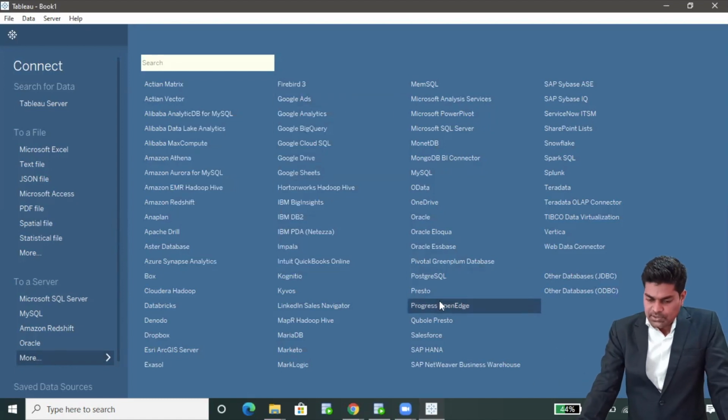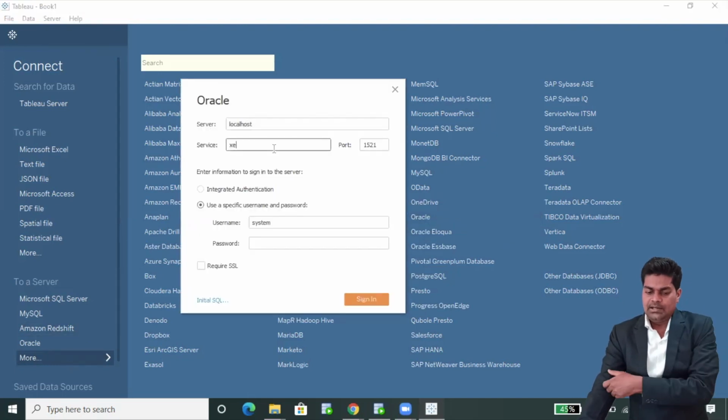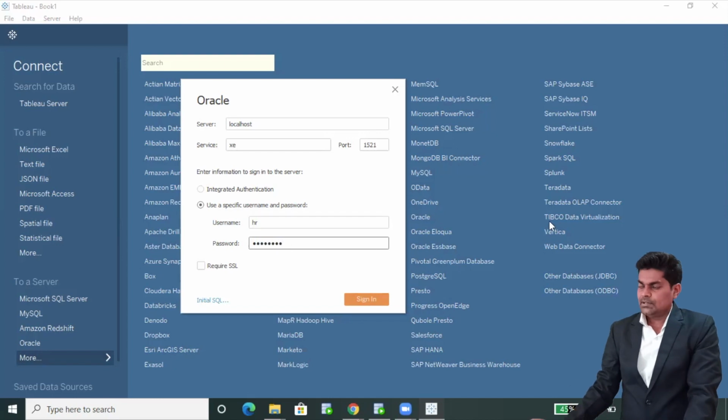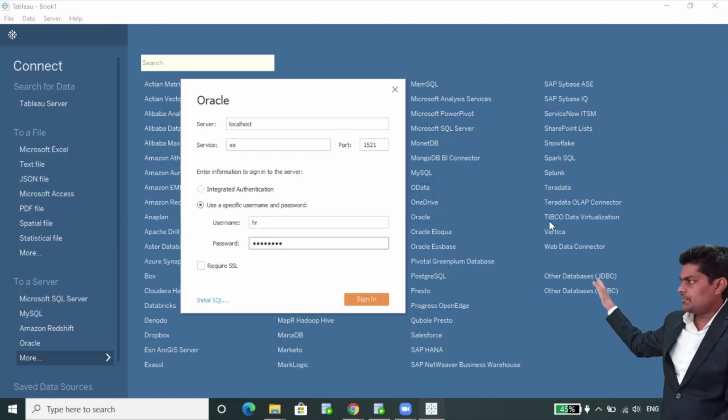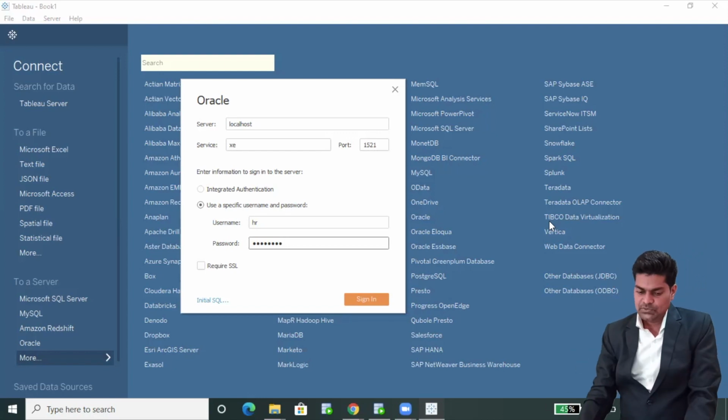Click on Oracle here or in the corner, and here I'll enter the details like HR and its password. The server name, service or SID, which are the same, port number, username, password.